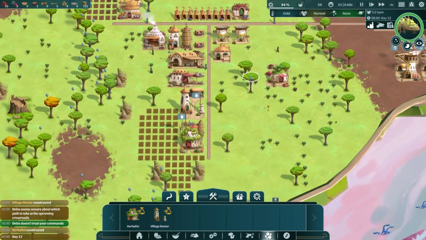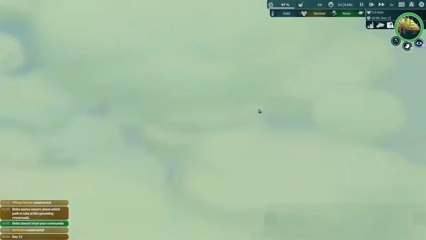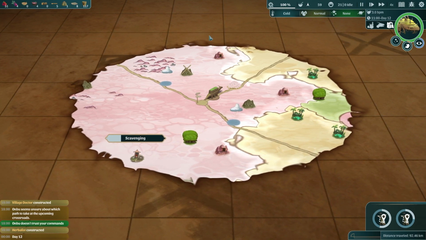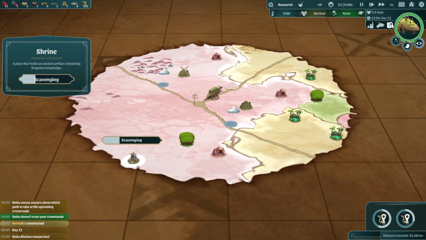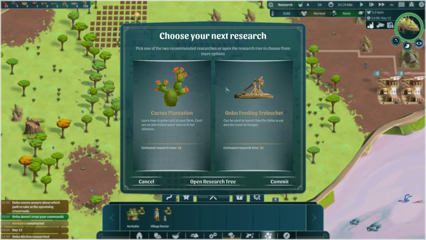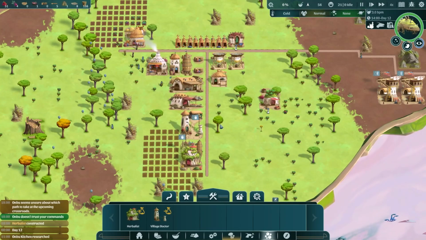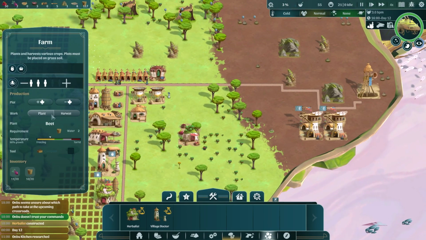The hornblower is looking marvelous, if I do indeed say so myself. And we should have a scavenging party that is over there somewhere. Yeah, this is going to take longer to scavenge, presumably, because we're now getting further away from it. But I don't know if the game calculates distance like that. Right, we've just finished the Onbu kitchen, which is great. I think we're going to take the cactus plantation, although I would normally take the feeding trebuchet, because I mean, it's cool as heck. But that's okay. That's okay. What's the...